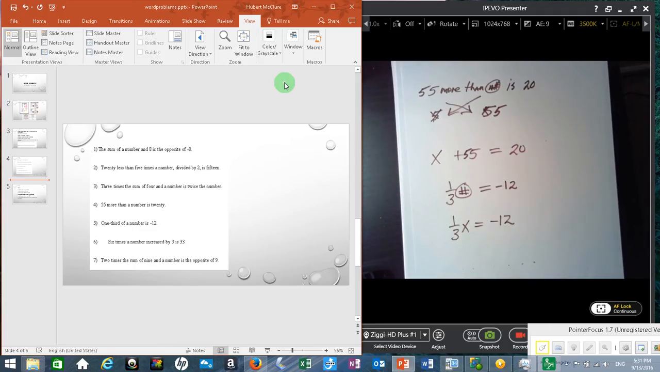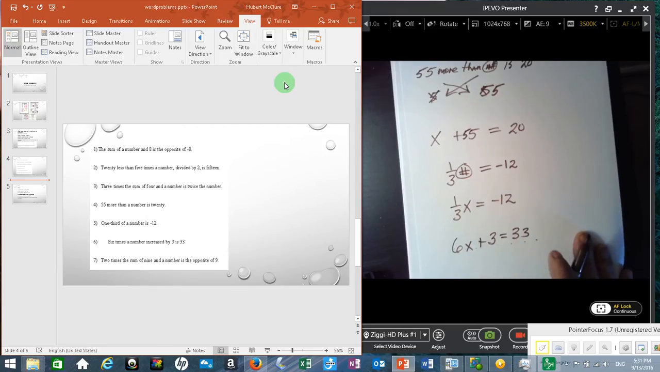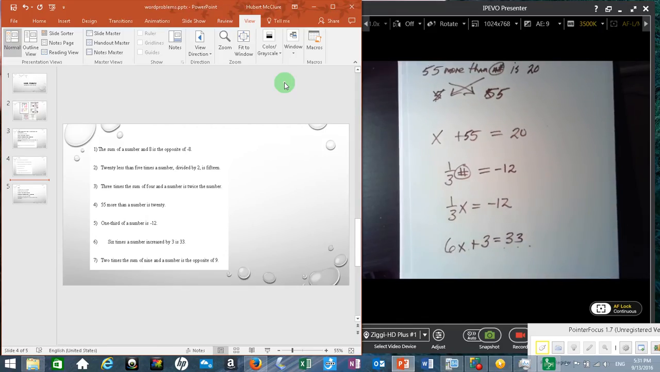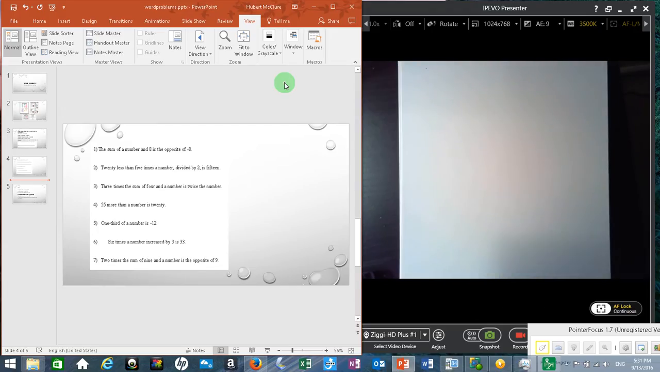Six times a number increased by 3 is 33. 6 times a number increased by 3 is equal to 33. And you'll find yourself, after you do enough of these, starting to translate the mathematical sentence from reading the regular sentence. And the last one,